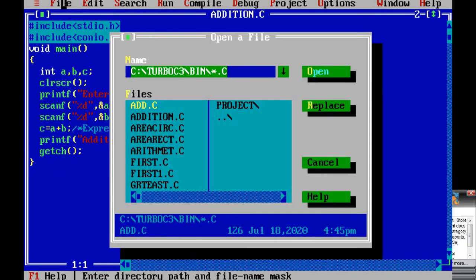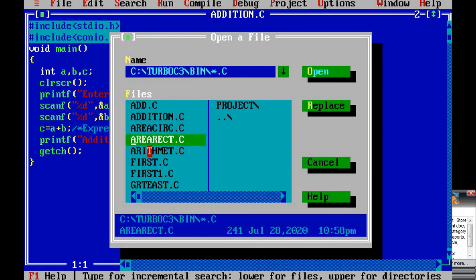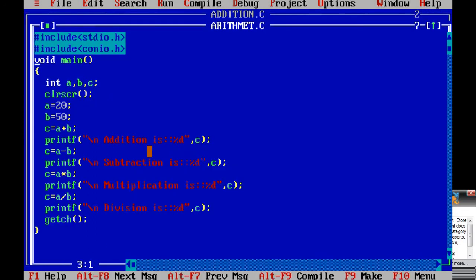What is our next program? Arithmetic. Okay, so I just open that arithmetic.c. So same here, I just remove a is equal to 20 and b is equal to 50, that is compile time initialization, and just use the scanf.